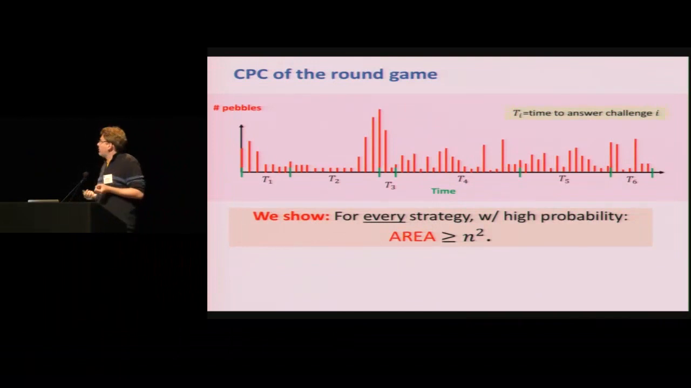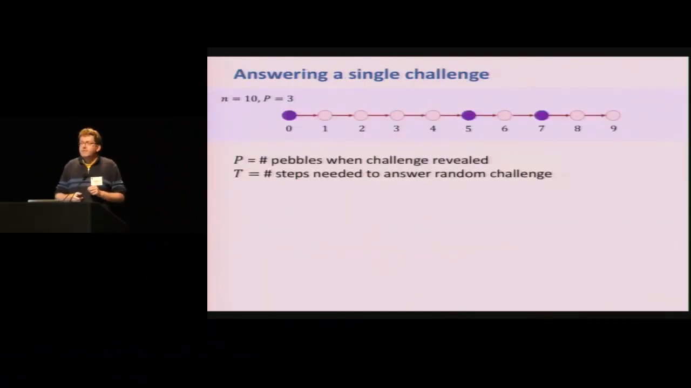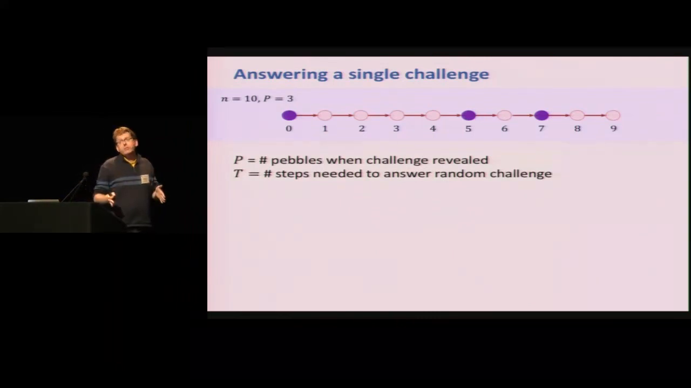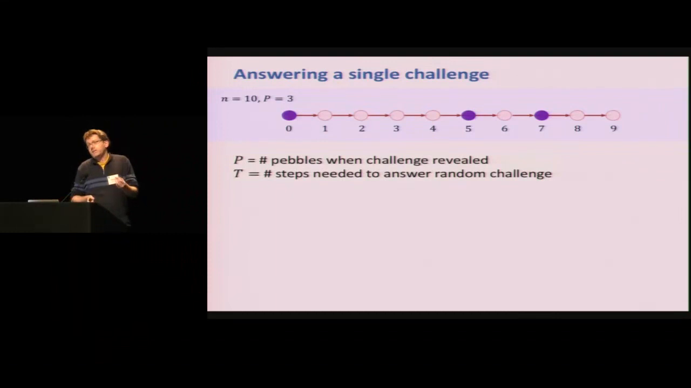So this is the core of our proof. And the basic idea here is that whenever you have a certain pebbling configuration and you learn a challenge, the time you need to answer that challenge is inversely proportional to the pebbles you have on the line. This is quite natural because if you have a certain set of pebbles,